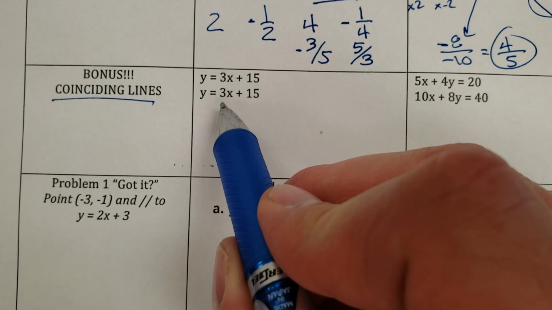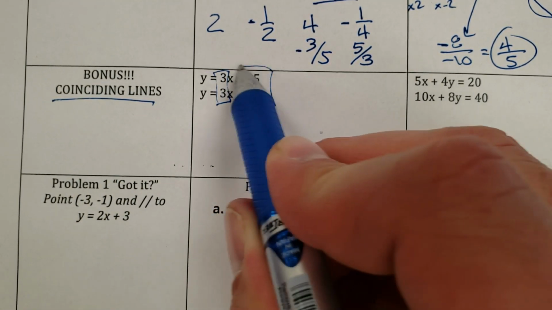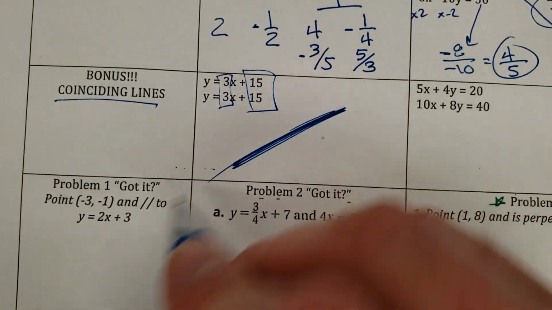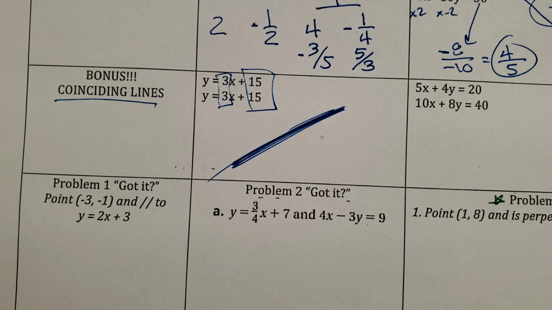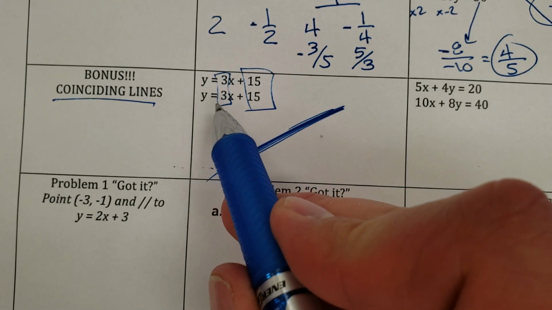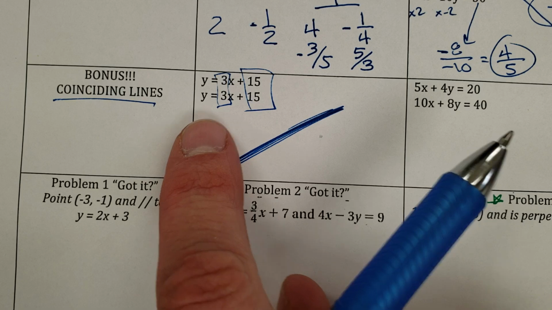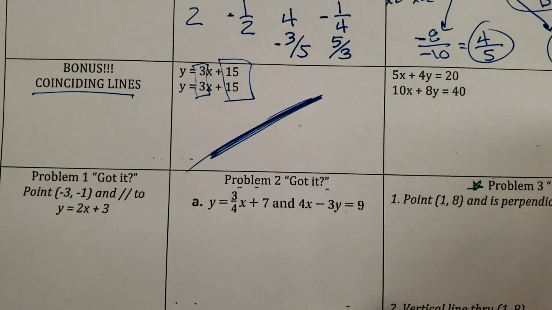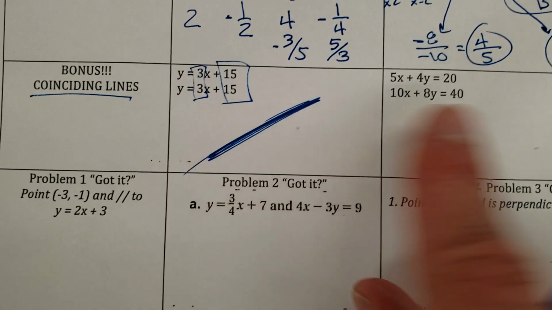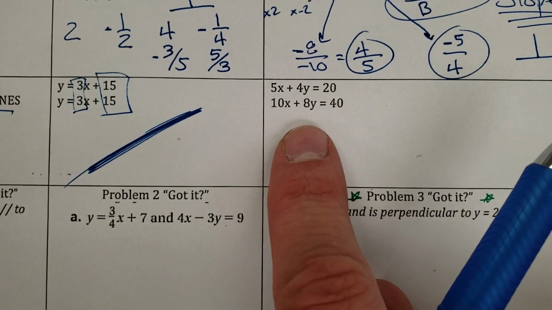Basically, if you have the exact same slope and the exact same y-intercept, guess what? Those lines are going to overlap each other. No way, really. If you start in the same spot and move by the same amount, you're going to be the same line. Crazy. Yeah, right? That happens sometimes mathematically. It is pretty obvious in slope-intercept form, but it's not as obvious, kind of is though,